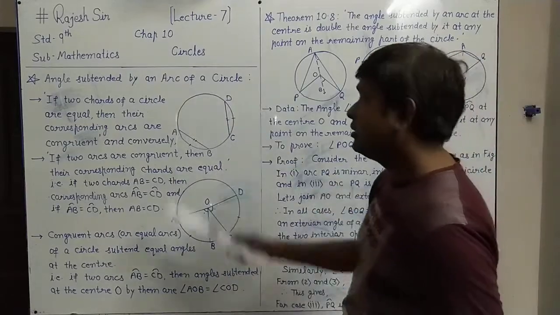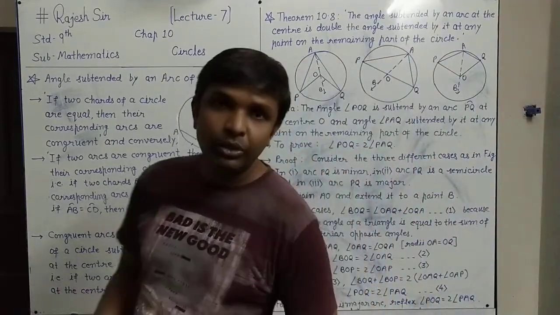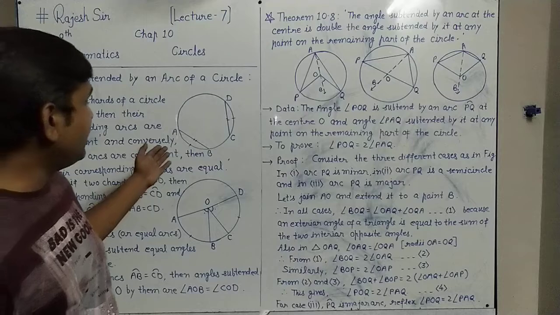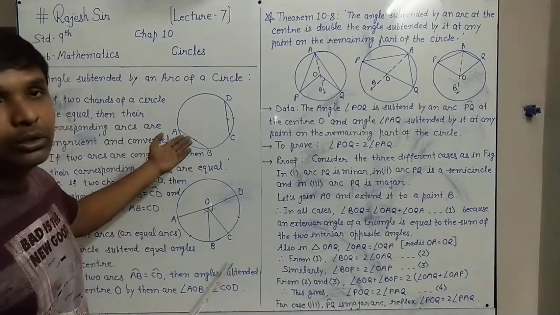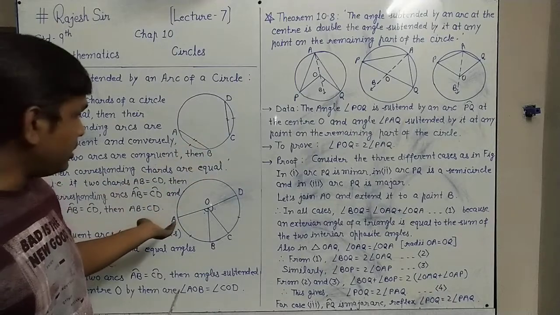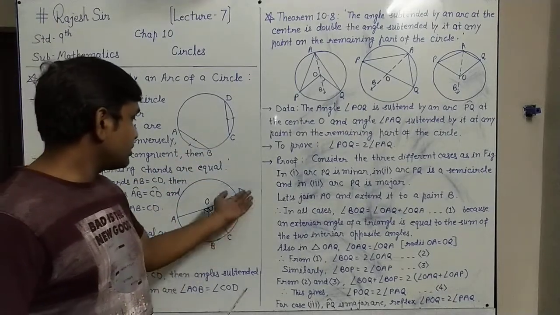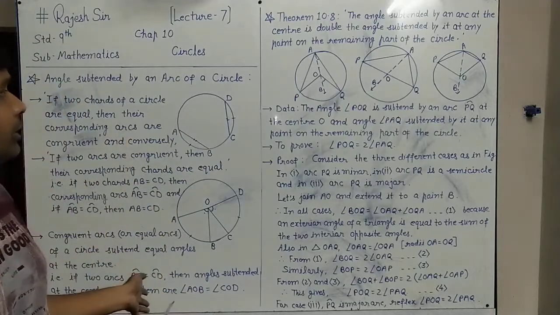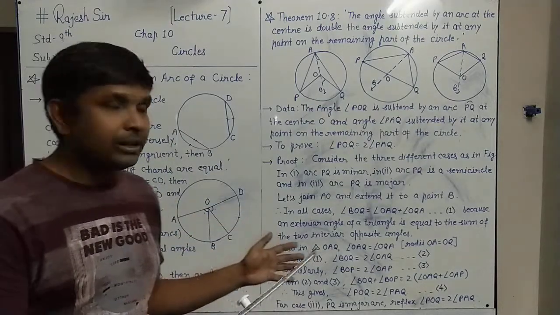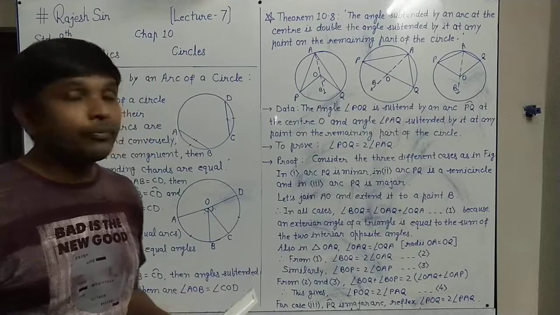And these notes are also very important to understand the circle and the relation between the arcs and the chords. If arcs are equal, chords are equal; if chords are equal, arcs are equal. And by equal arcs, the angles subtended at the centers are equal. That way these things are also very important. So you have to write it very well in your notebook and prepare.